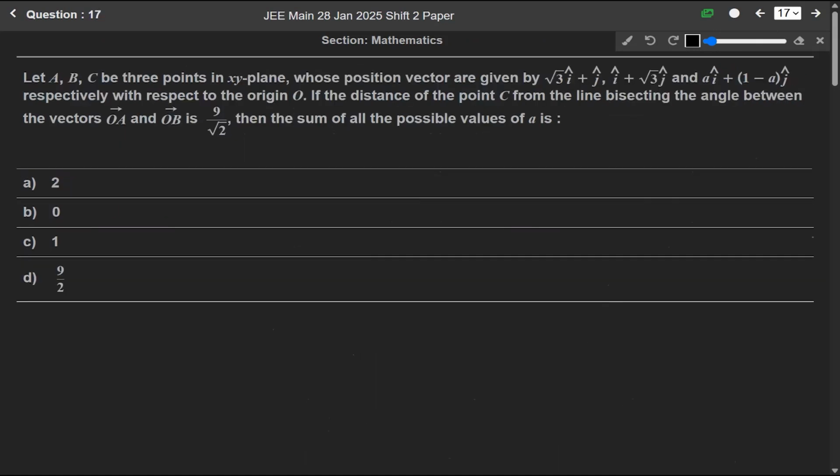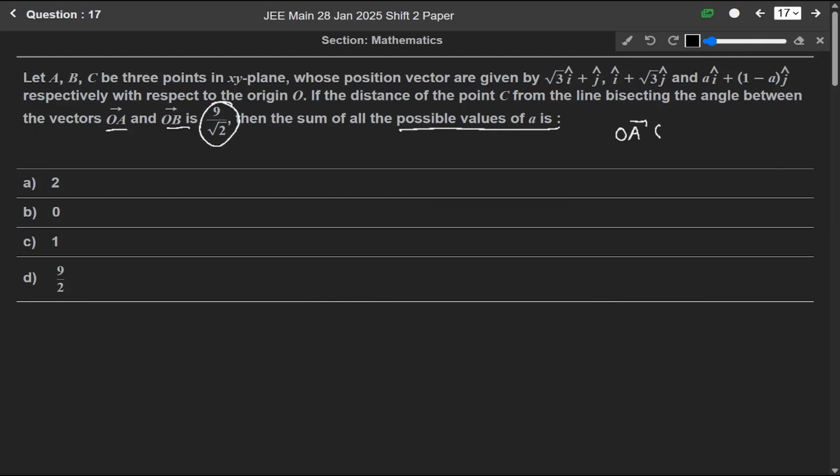Now question number 17. Let A, B, C be 3 points in the xy plane whose position vectors are given by root 3 i cap plus j cap, i cap plus root 3 j cap, and A i cap plus (1 minus A) j cap respectively with respect to the origin. If the distance of the point C from the line bisecting the angle between the vectors OA and OB is 9 by root 2, then the sum of all possible values of A is, okay,